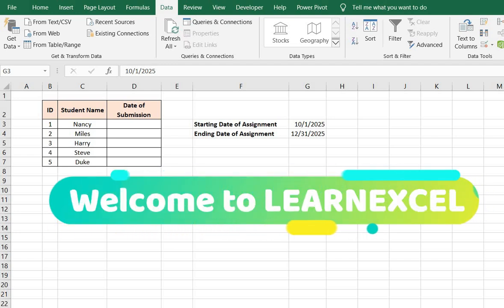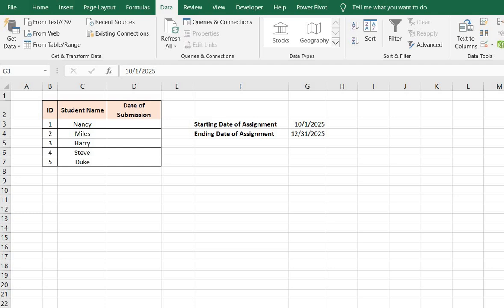Hope you're doing good. So today we're going to learn about the data validation tool in Excel. Some of you already know about it and some of you will learn about it today. Data validation is a type of tool that is used to restrict entries to a range that we want strictly. For example, here I have some names of students with their IDs and the date of submission